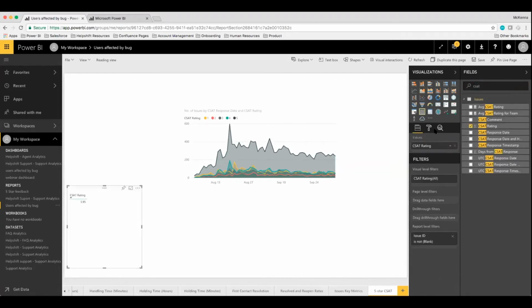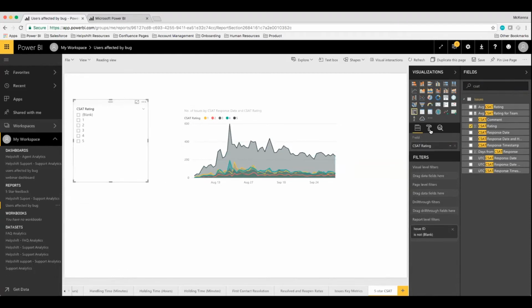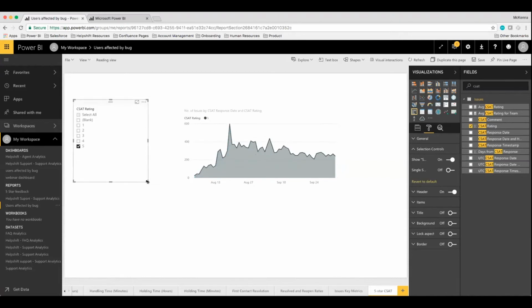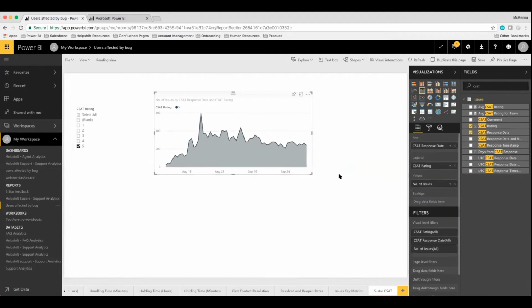I'm going to add it as a value. Do the same thing that we did before. Add a slicer. Make sure multi-select is turned on. And I'm just going to leave it like this for now. And I'm going to say, okay, only issues with a 5-star rating. And then to go along with this,